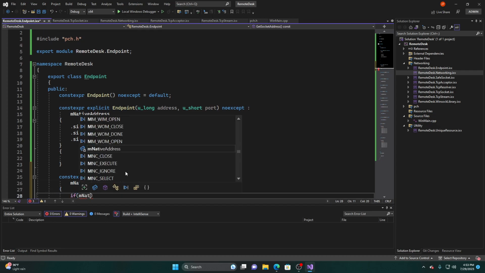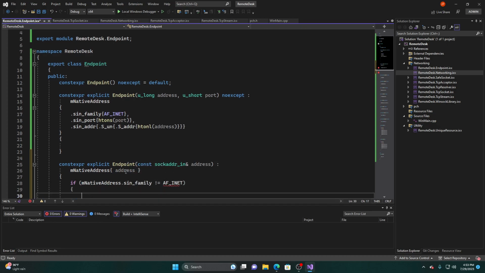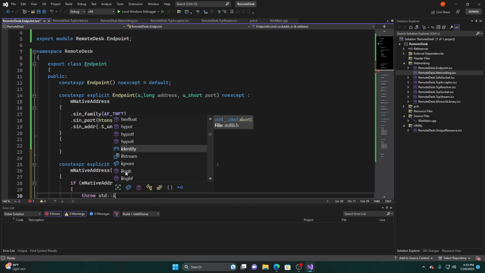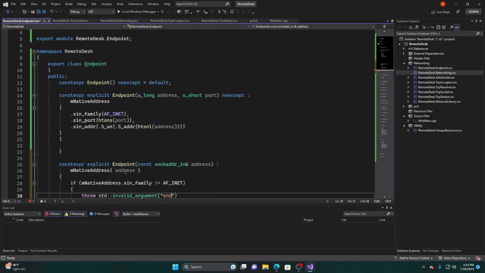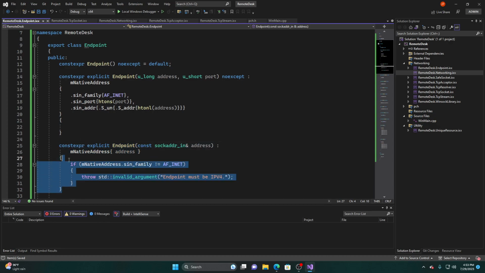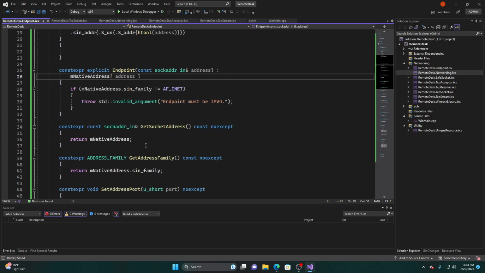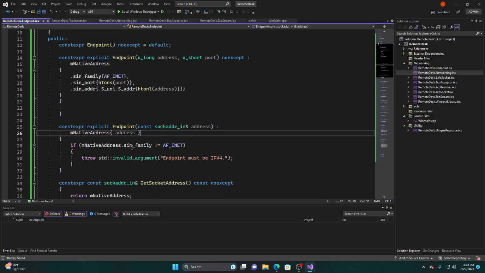and then if m native address dot family does not equal AFINET, throw invalid argument, endpoint must be IPv4. And I'm gonna start doing proper sentences for my exceptions too. So this is the only one that's gonna throw an exception, because everything else there's no way to invalidly set it, but this one there is. So now that we have this,